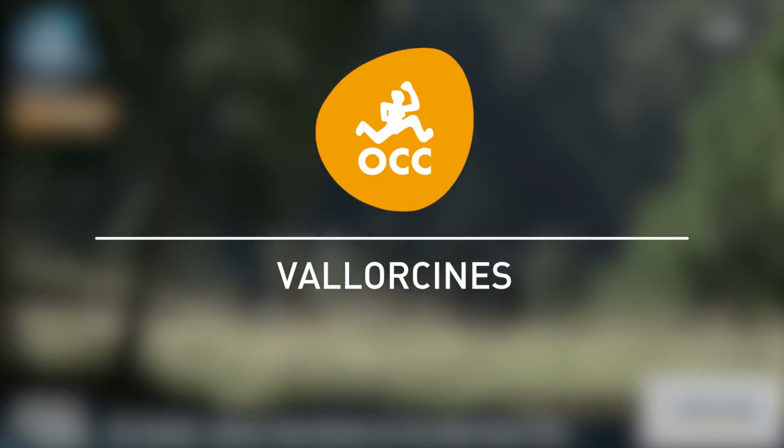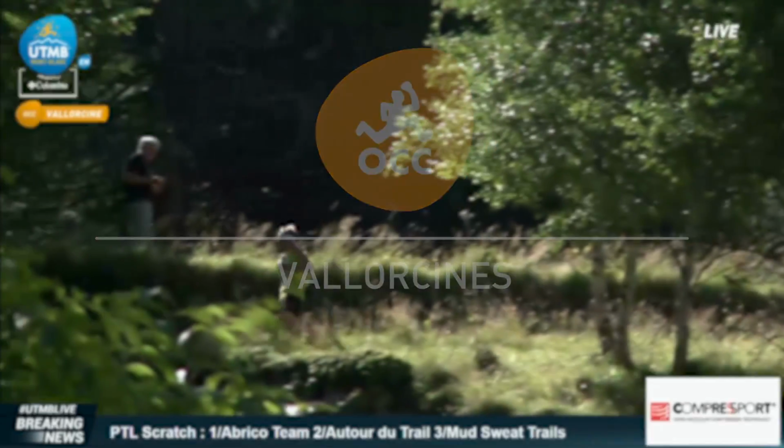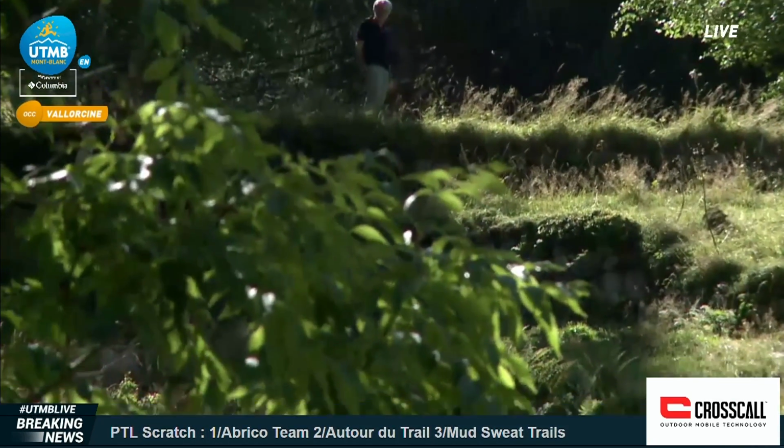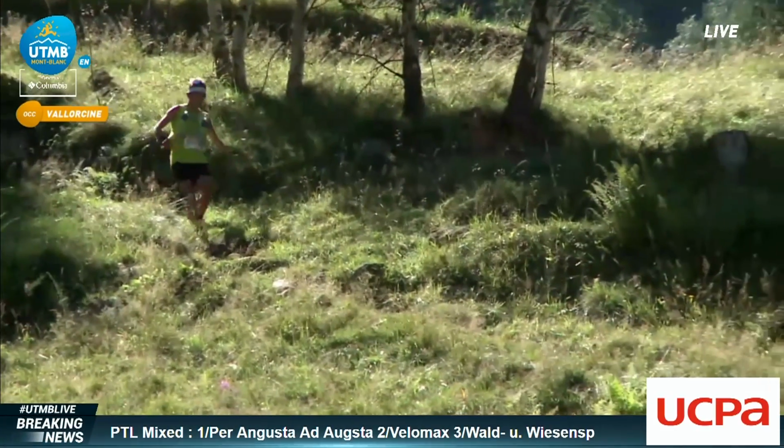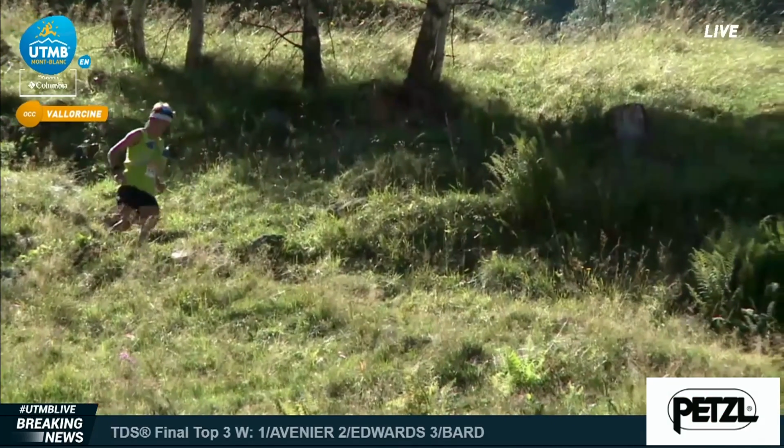But I know that there we go. There's Xavier Thévenard. He's just appeared out of the trees, and now this little zigzag down into the village of Vallorcine,